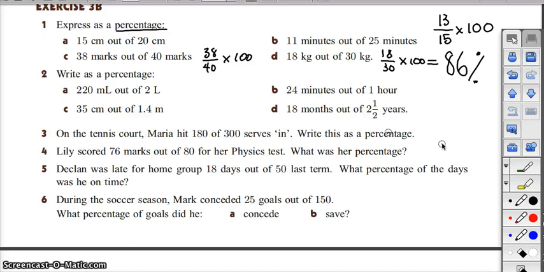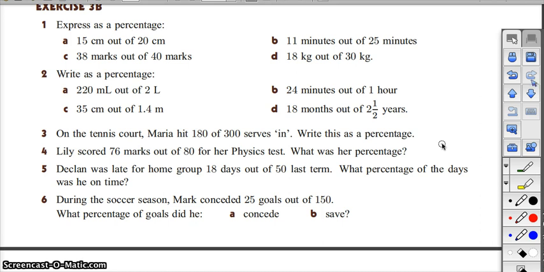Are there any questions with that? Or did anyone struggle with any of them? Which